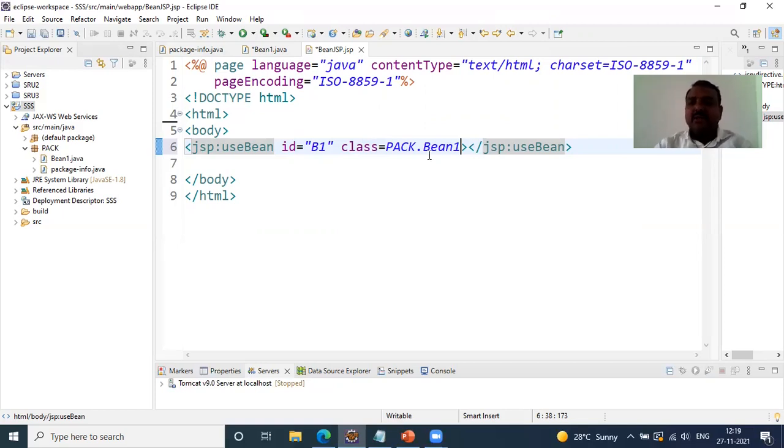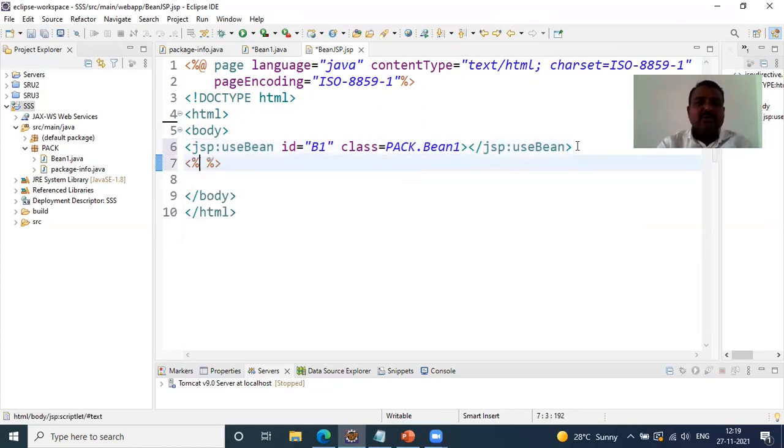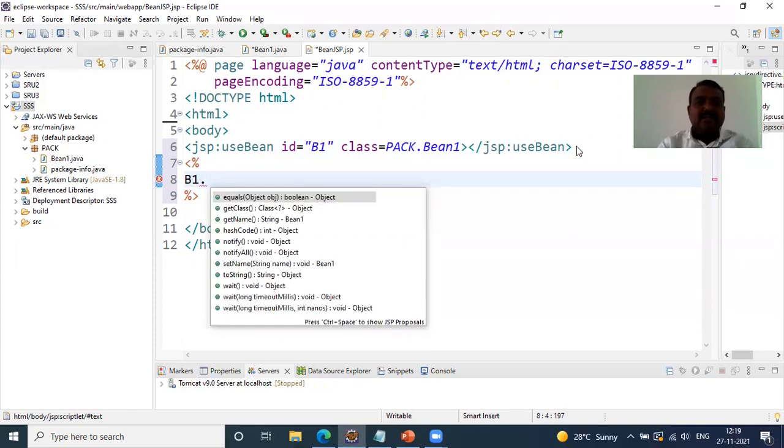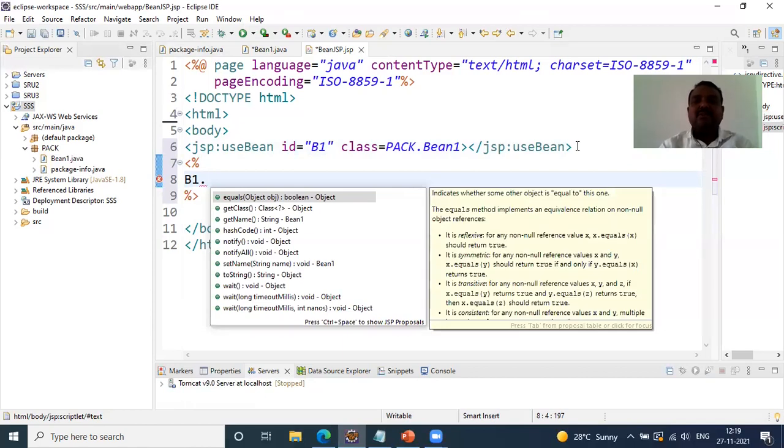Now we are going to use my scriptlet tag, where we are going to call the methods which are there within the bean. So now I would like to call B1 dot. The IntelliSense of your Eclipse is going to show you all the methods which are associated with your bean1 or your B1.